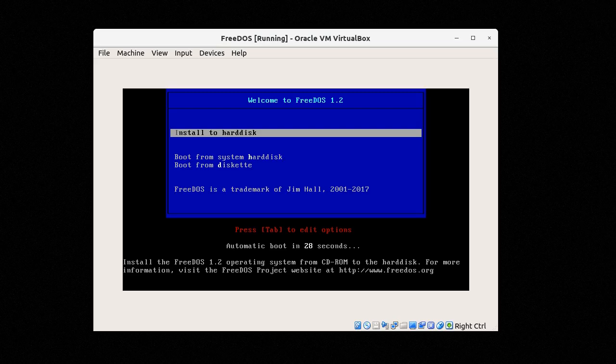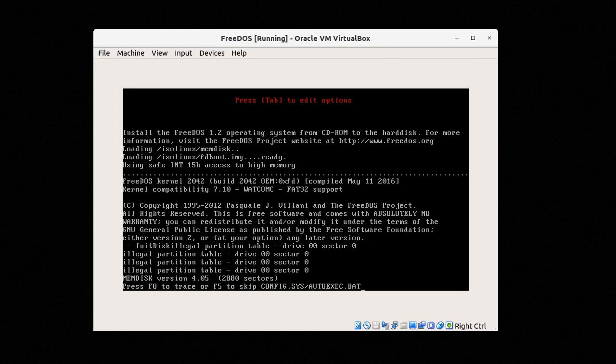FreeDOS boots up from the CD-ROM disk and gives us several options, which are installing to hard disk, booting from hard disk, or booting from a disk drive. Obviously, we're going to choose install to hard disk right here by pressing enter,